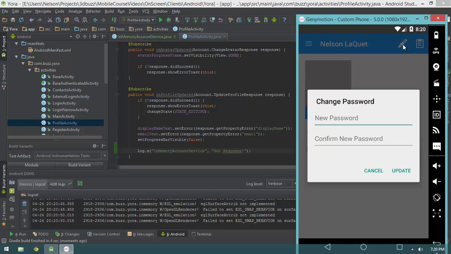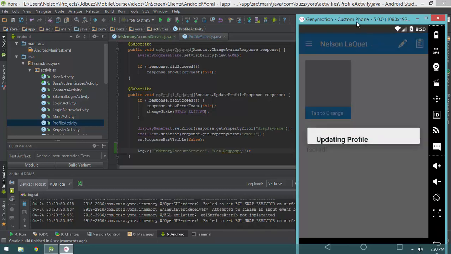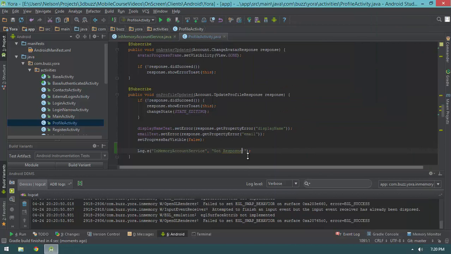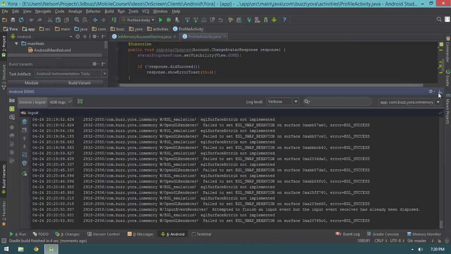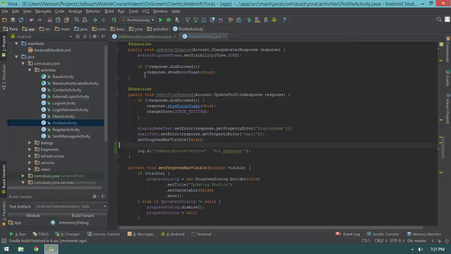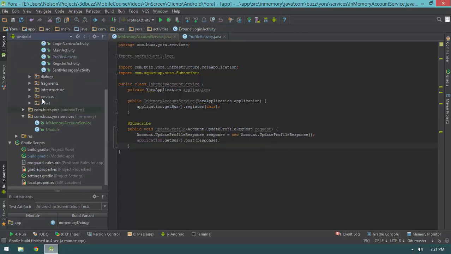So I'm going to come in here and edit my profile, hit OK. And then I'm going to come down here and see what's going on. And as you notice, oh, wow. Props to anybody who figured out what was wrong with this before I did, because apparently I can't code today. So, actually I'm going to leave this in the video, and the reason is there's an important lesson here,